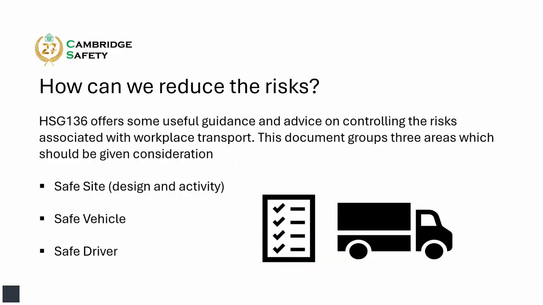and safe driver. So with regards to the design side of the safe site, it covers the layout of the workplace and traffic routes, with the main aim being to segregate vehicles from pedestrians. With regards to safe site from the activity perspective, this covers the activities which are deemed most hazardous. So this might be reversing vehicles or coupling and uncoupling, as well as loading and unloading